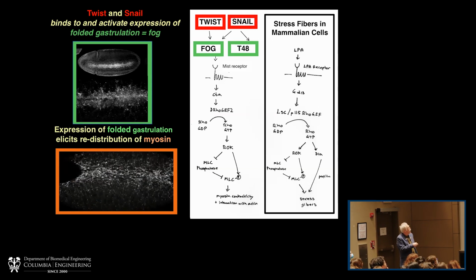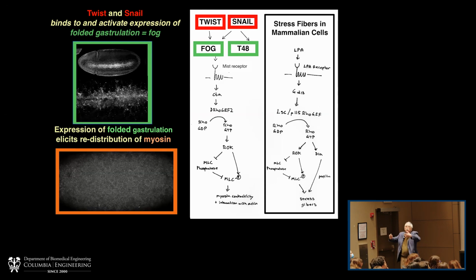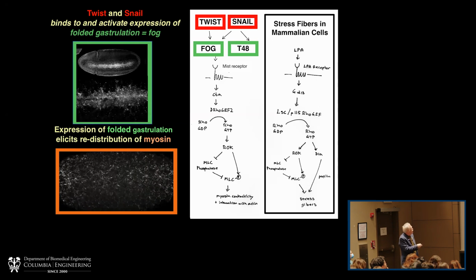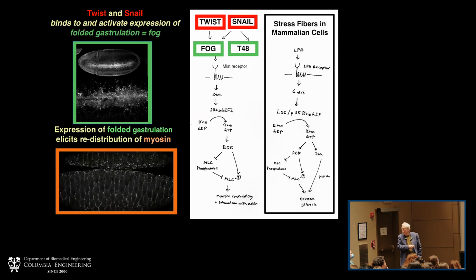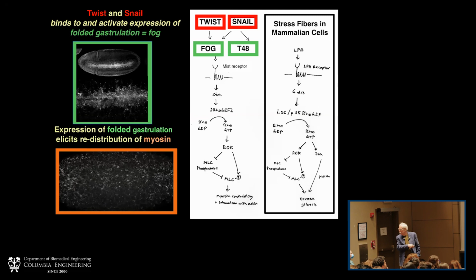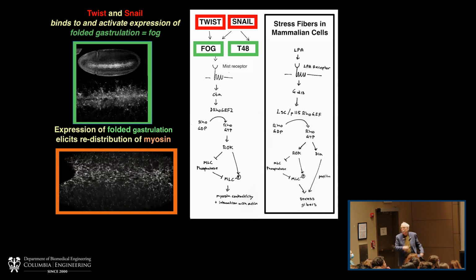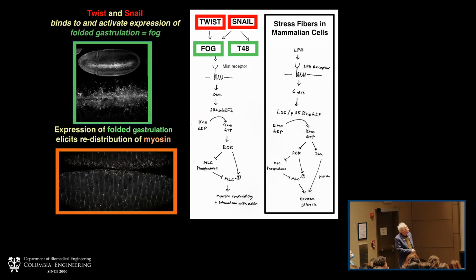They interact with a 7-pass receptor. So the mesodermal cells are secreting this in a certain sense to coordinate this myosin transformation, and through a set of G protein, this G protein coupled receptor, ultimately activate a Rho kinase, which will phosphorylate the myosin light chain, lead to myosin contractility. And it's myosin contractility that's required to drive that accumulation and localization on the apical surface.